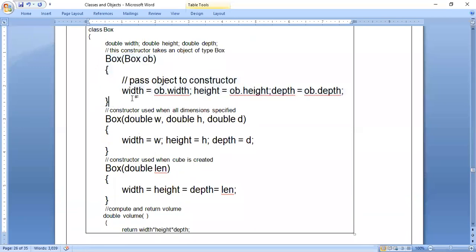How can we say the parameter is an object? If you observe the parameter list, OB is an object because box is a class name. Wherever we write the class name, if we declare a variable in front of that, that becomes the object. Here, the first time I have written box, this is the constructor name. In the parenthesis, I have written box, which you should consider as a class name. In front of that, the word OB is there, which is nothing but an object. So we pass an object to the constructor, and this constructor will be called.